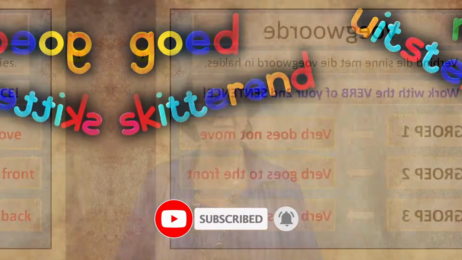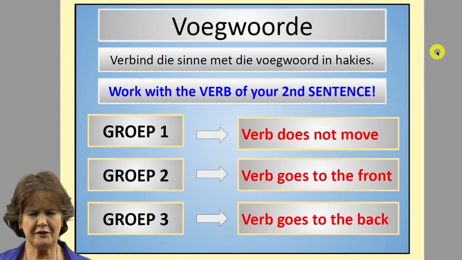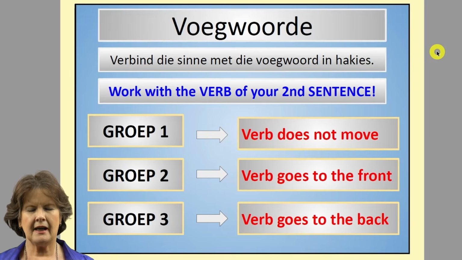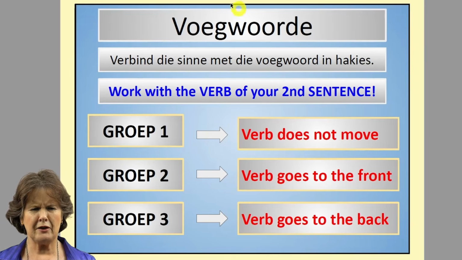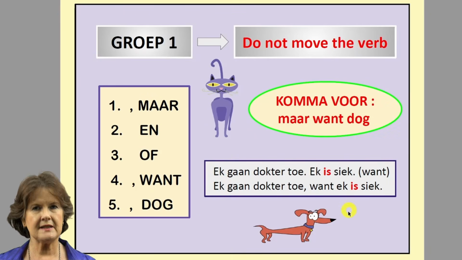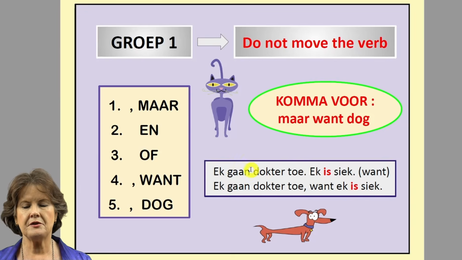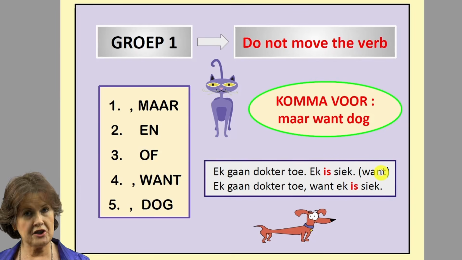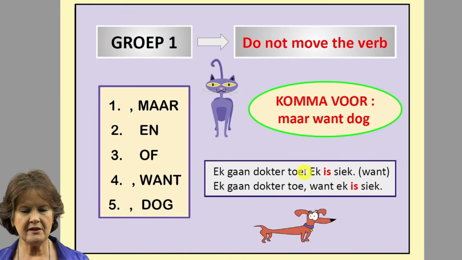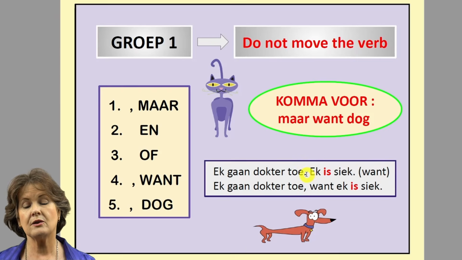Let's do this. Okay, let me explain Voegwoorde to you, how to join sentences in a very easy way in Afrikaans. Now, the first thing you need to know is how we ask the question. So look at slide 2. You can see there the two sentences just above the dog. We give you two sentences with a conjunction, a voegwoord, in brackets at the back, and we ask you to join the two sentences. And then you put the want in between the two sentences, and you always also do